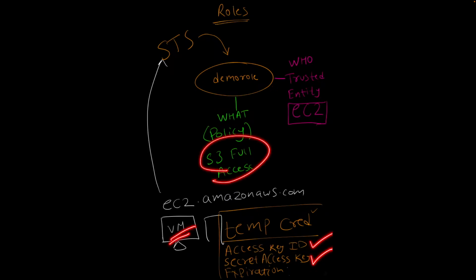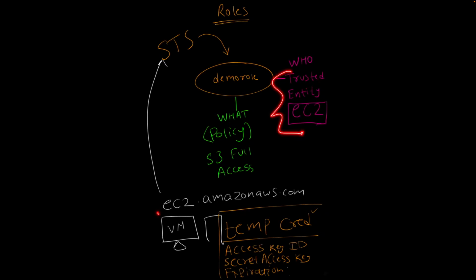Even though you do not configure any access key ID or secret access key, if you've configured a role, the virtual machine will be able to get access to S3 via the temporary credential. Mind you, I'm using EC2 because I do not have any other application in place. But if I have an application, I will have to get the certificate, the public key, private key. And once that part is done and we have a proper FQDN for that, I can specify that FQDN as a trusted entity for a role. So even if it is sitting outside AWS, it will still be able to make a request and get the temporary